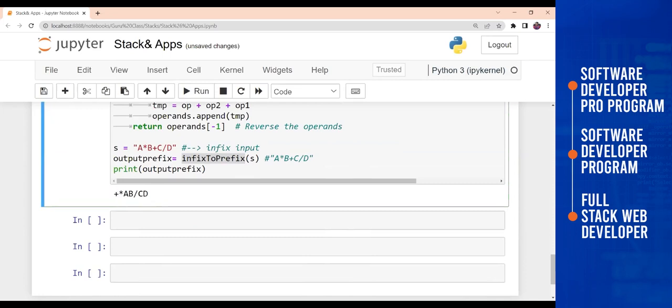So see here, plus and multiplication are placed at the very first, and then the operands, that is A and B here, and then operator division is placed here, and then C and D operands are placed here. Okay, so this is the output of converting this infix value to this prefix value.